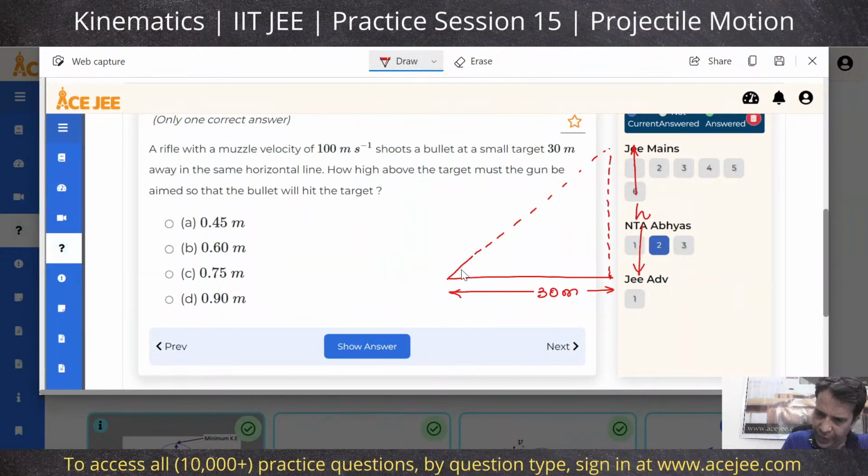They're asking for this edge. Essentially, we just need to figure out theta. U is given to be 100 meters per second. So range is